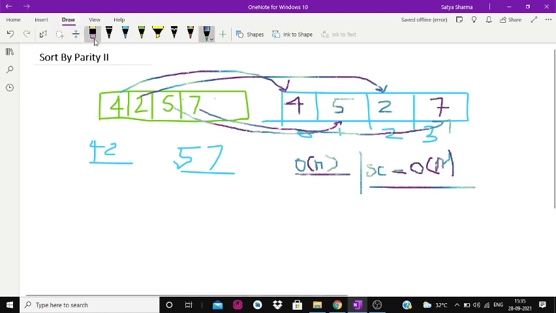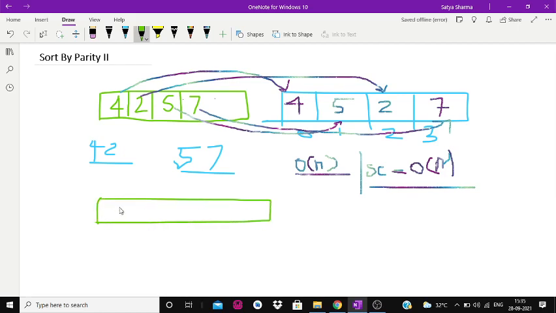Whenever it would be asked in an interview, the basic approach you would tell, you'll go this way only. But yes, the interview will ask you for the optimization, and that would be in terms of space. So how can you reduce the space? Let's see. Can we utilize the original array to actually solve this one? What logic can we implement here so that we don't need an extra array? So we'll see here.